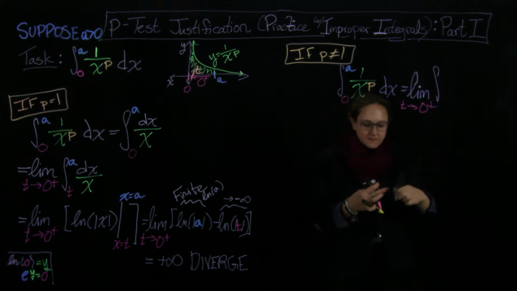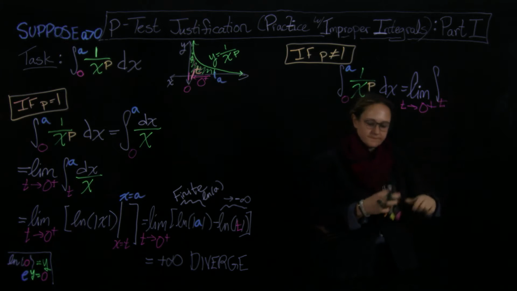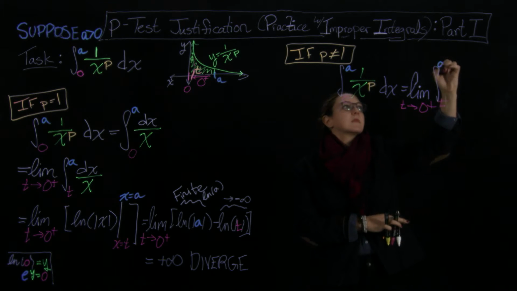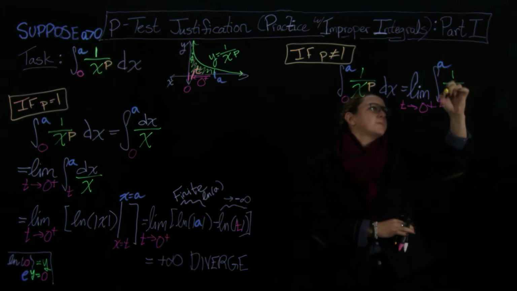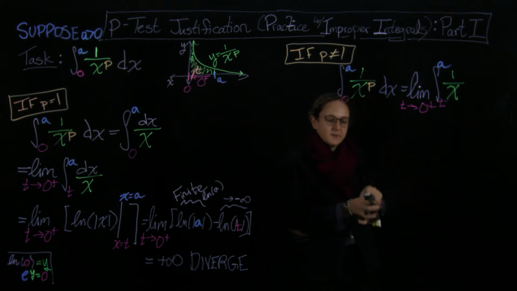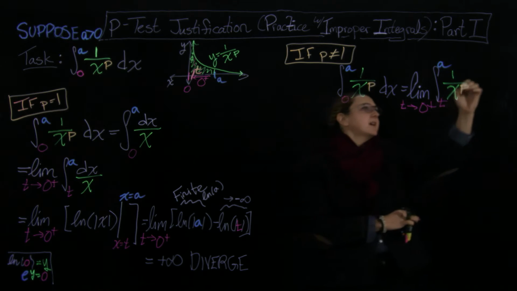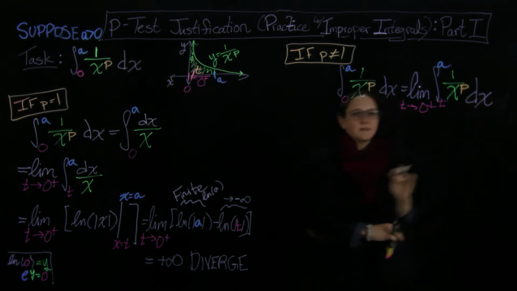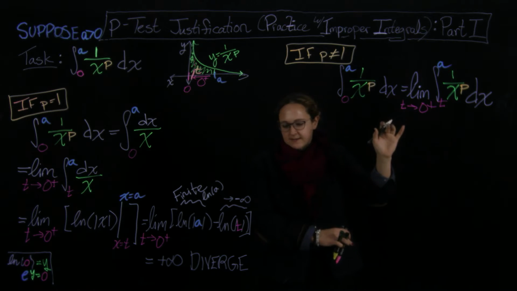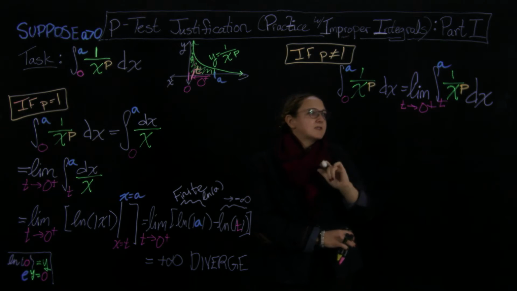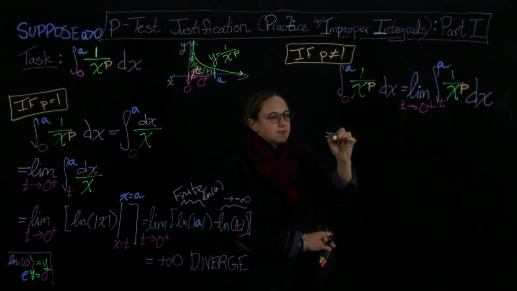Of the integral from t to a of 1 over x to the p, dx. Okay, and so this is going to equal, and we're going to rewrite this in a way where it's easier to integrate. So this is going to equal the limit